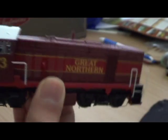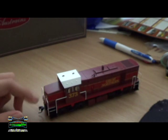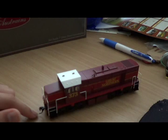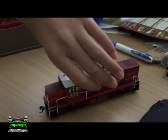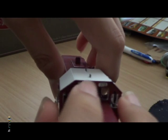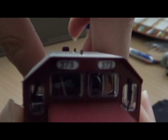How much more battery do we have left? Oh god, we only have 22 minutes left. Should be enough for a test drive. Yes, it has been run in. I have run this model in already around my circuit for 30 minutes in each direction. It did make the motor a bit warm, but it's, yeah, sadly that these, focus, come on, HD camera, focus, yes,